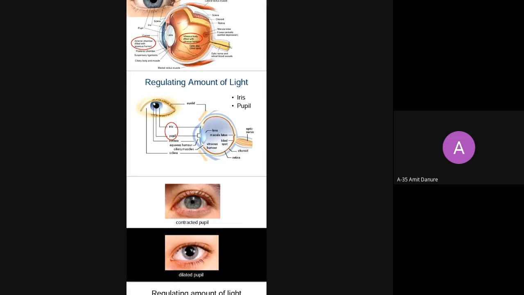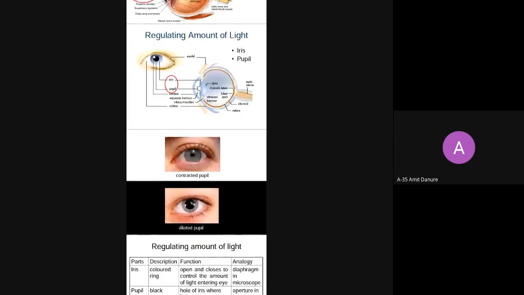So when sunlight falls on any object and we see that object, the object reflects the sunlight, and the reflected sunlight enters our human eye. Okay, so by using the iris and pupil, that information is provided to our human brain by the optic nerves, and we can identify the images. In order to observe an image, we require sunlight. Whatever sunlight is captured by the object is reflected to our human eye, and the human eye can observe the particular image.